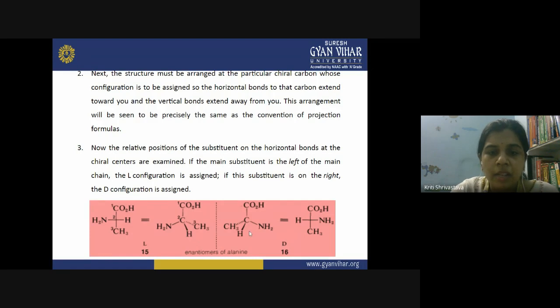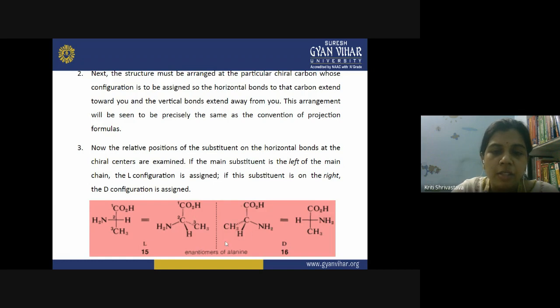And now what is the possibility? If you can see, the CH3 is attached in this position, and you have NH2 here. And if you see the mirror image of this molecule, then you will get the enantiomer. How will you get the enantiomer? Whenever you are drawing the mirror image of a molecule, the group which is towards the mirror, you write first, and then the one which is away from the mirror, you draw afterwards. So the CH3 which is looking here will now be at this place, and the NH2 is now at this place.